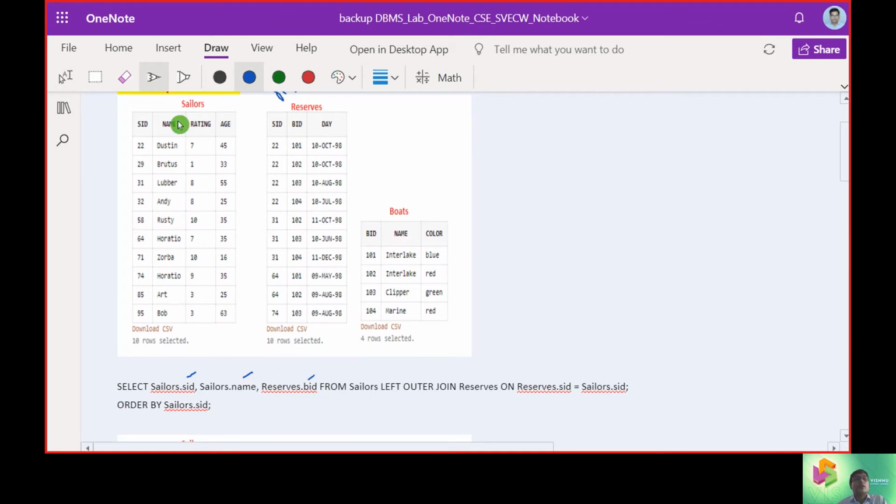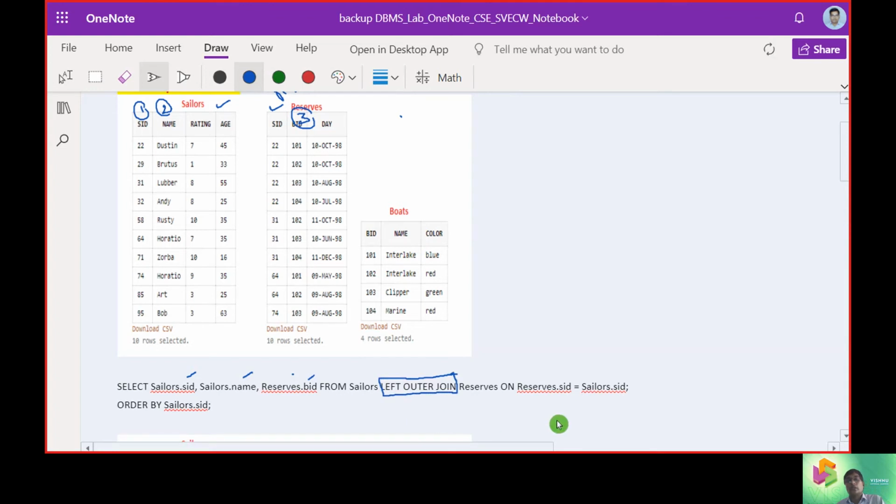That means we want Sailor IDs 1, we want to display Sailor names 2, then we want the reserves, that is reserves BID, 3, and that one we want to get from the Sailor table and from the reserves table, but in between that we are going to use the left outer join.